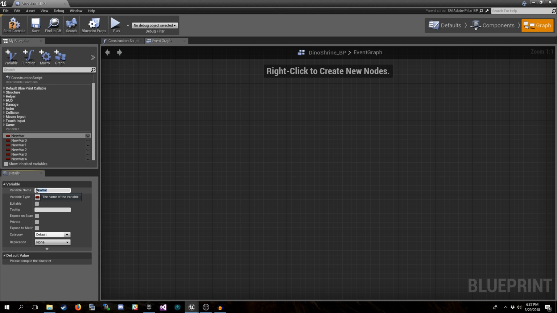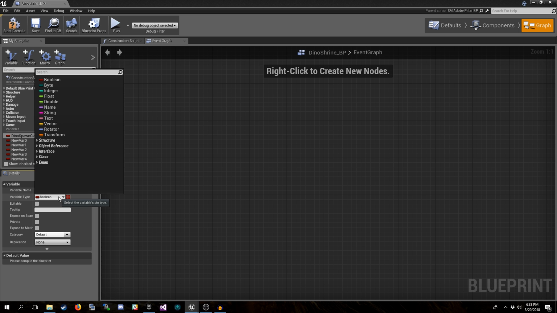So the first one is we need to specify what the dino is that's going to be spawned by this shrine. So let's go dino spawn class.